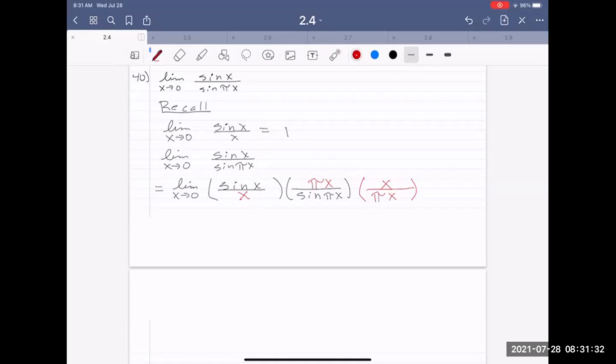So first off, what you notice is that the x's cancel. So this is equal to the limit as x approaches 0 of the sine of x over x times